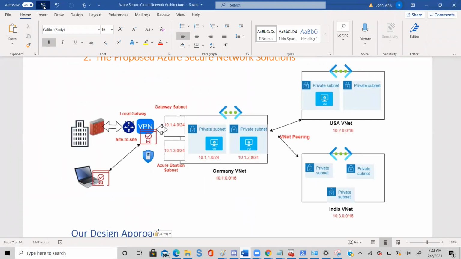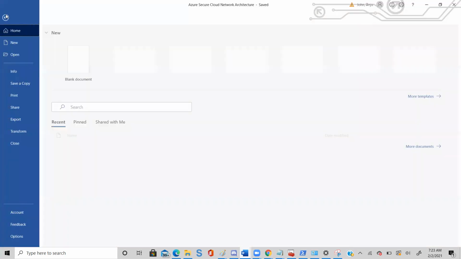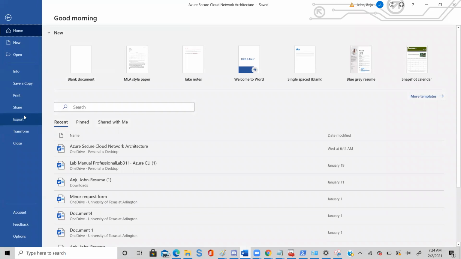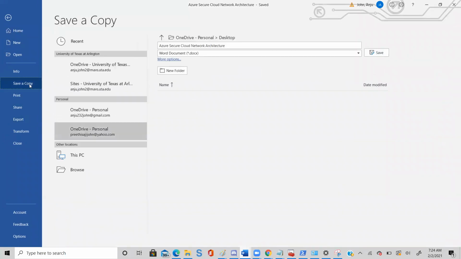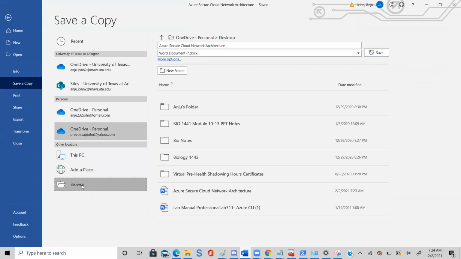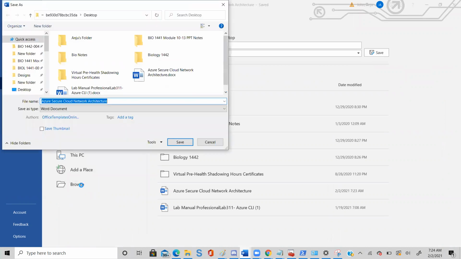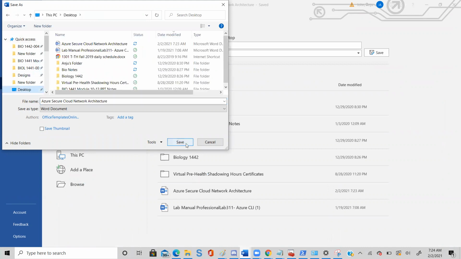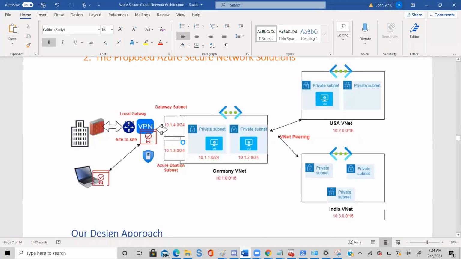So you can save this document. And now you have to save this and share this document with me. I'm not sure where you have saved this one. So let's save as a copy and save it on desktop. Architecture, I say updated one. Can you share this document with me now